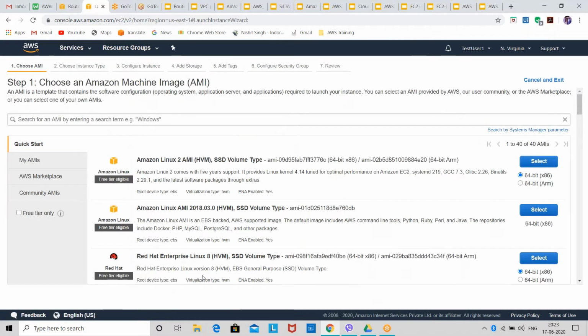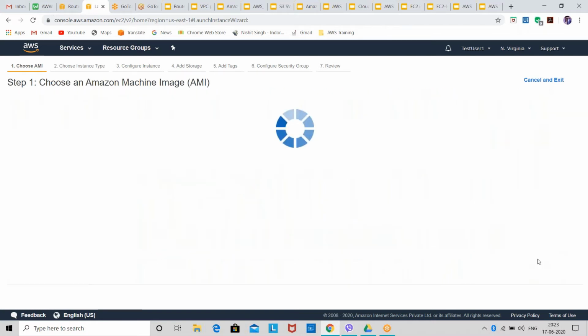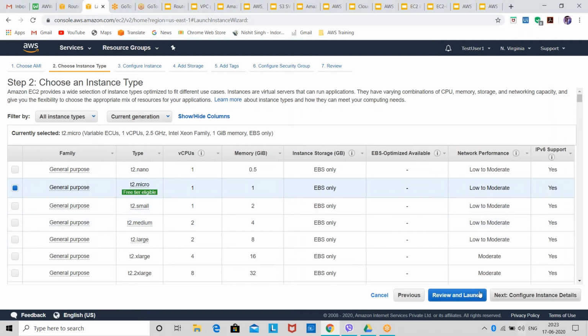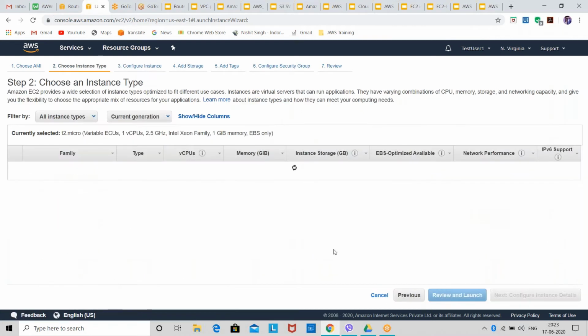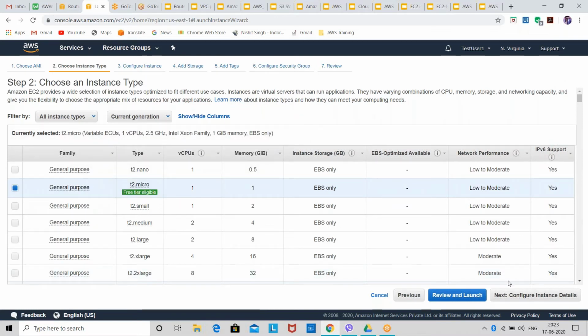So I will launch a Red Hat instance or any Linux instance. Now what you guys have to do is go on to this instance detail configuration, because you have to change the network configurations there. Okay, someone wrote something.